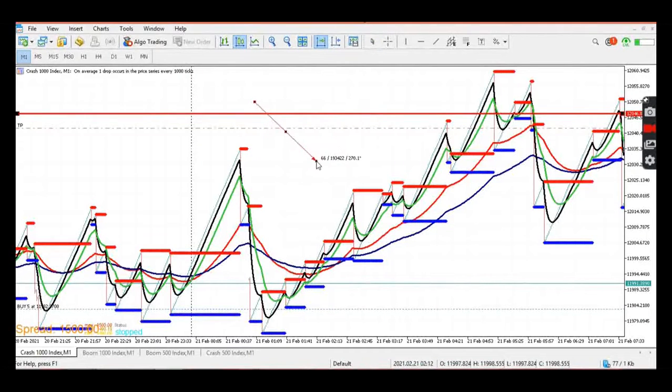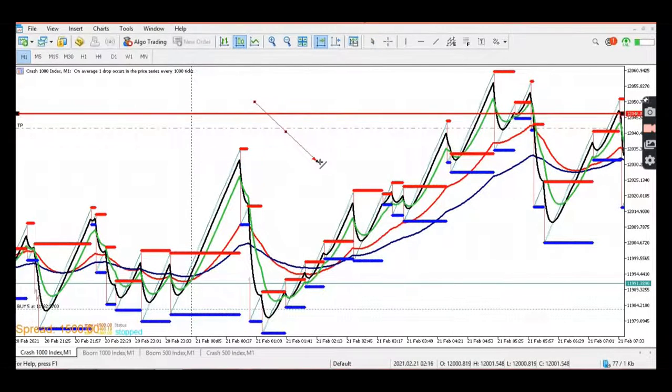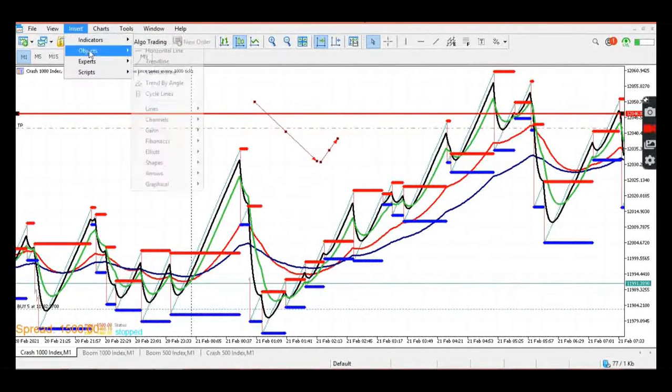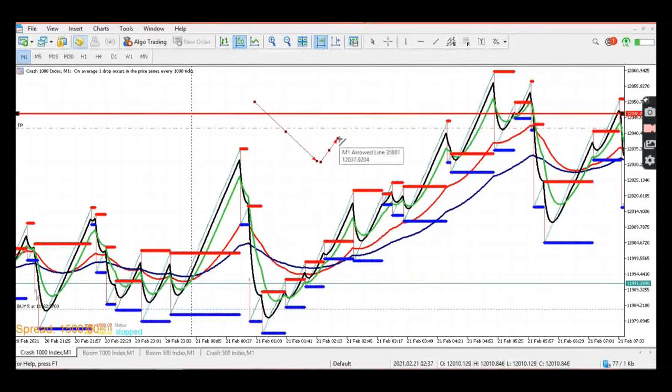Assuming the market goes like this, what happened? The market retraced back and formed a lower high. And what happened? The market comes down again and broke out this former support,